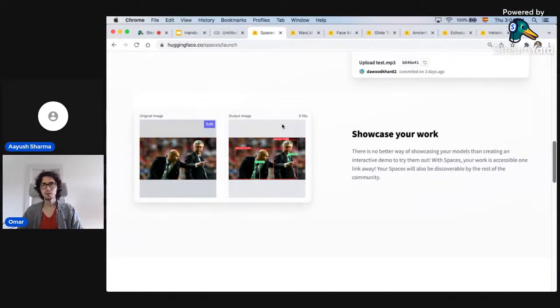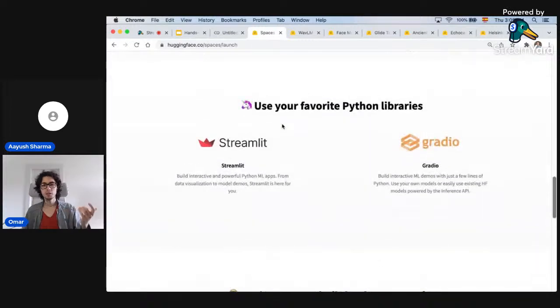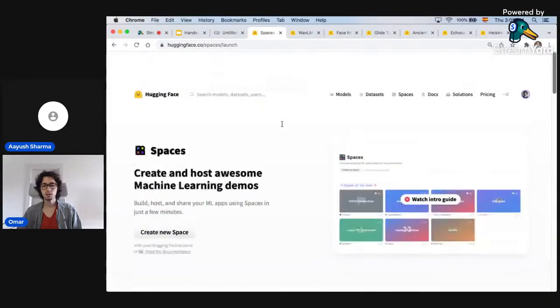And what is interesting here is that setting up the demo is quite easy. So if you already have a model for this, setting up the demo will take 1 or 2 hours. If you already know how to do it, it takes like 5 to 10 minutes, really. And you can use Streamlit, you can use Gradio, which are both Python libraries. You can also use actually raw HTML if that's something that you want. So it's quite flexible for whatever you need.